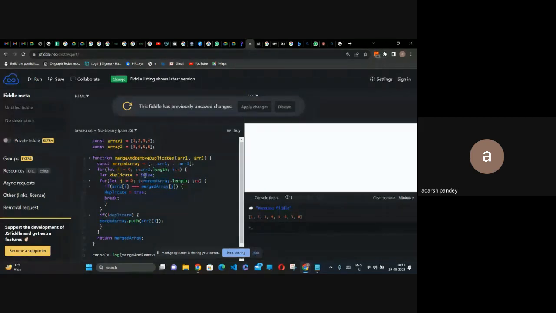हमने इनिशियली डुप्लीकेट को फॉल्स रखा है. ठीक है, हमने आई को 0 से array 2 डॉट लेंथ तक चलाया, आई प्लस प्लस करा. फॉर जे इक्वल्स टू 0, merged array dot length, j plus plus. Array 2 I, merged array j, duplicate true, break. If not duplicate, merged array dot push array 2 I, and then we have returned this array. So what happens,